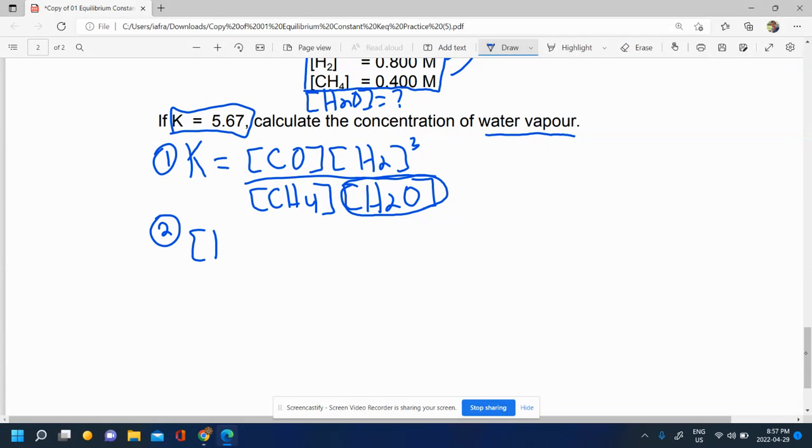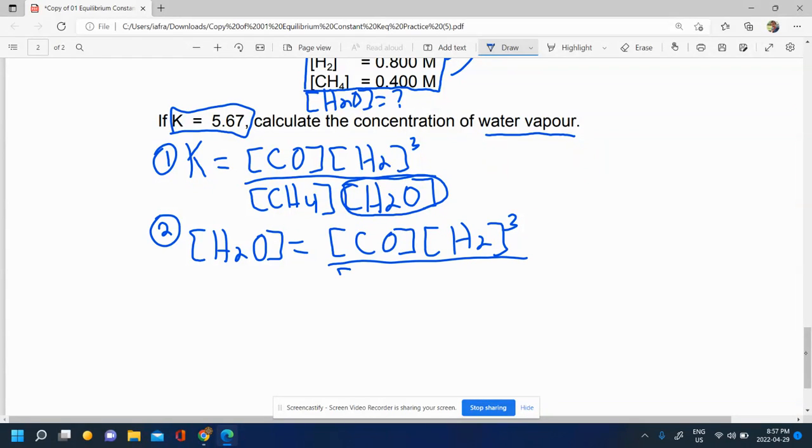So the concentration of water is going to be equal to the concentration of carbon monoxide times H2 cubed over the concentration of CH4 times K. And so that's going to be, let's see, CO is